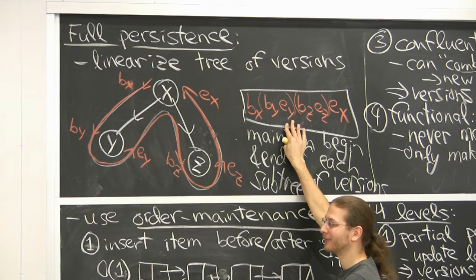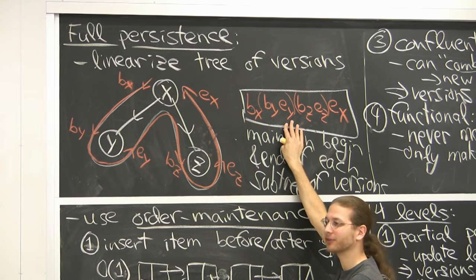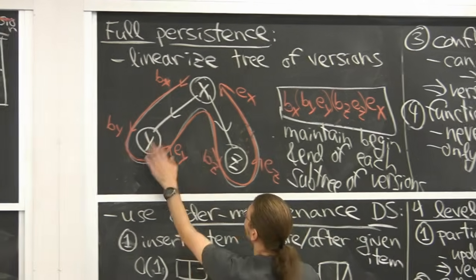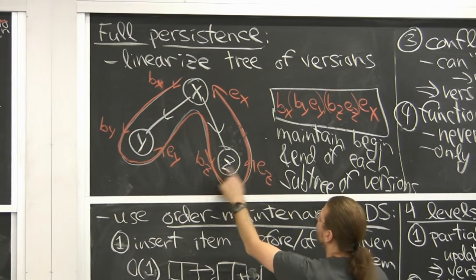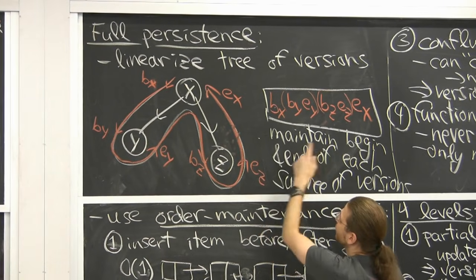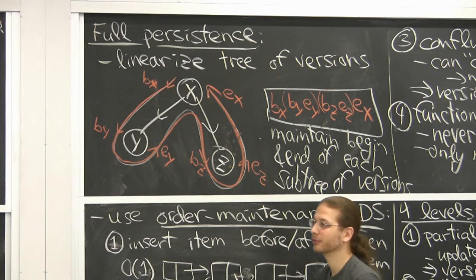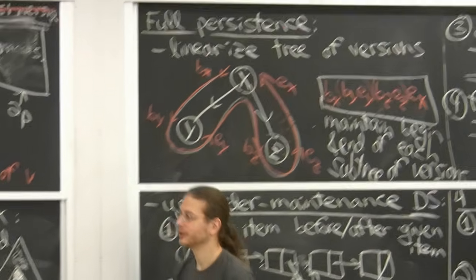Then you can query against that version whether it's an ancestor of another version. So yeah, I didn't mention that. Versions are nodes in here. Nodes in here have pointers to the B's and E's, and vice versa. The B's and E's have pointers back to the corresponding version node, and then you can keep track of everything.